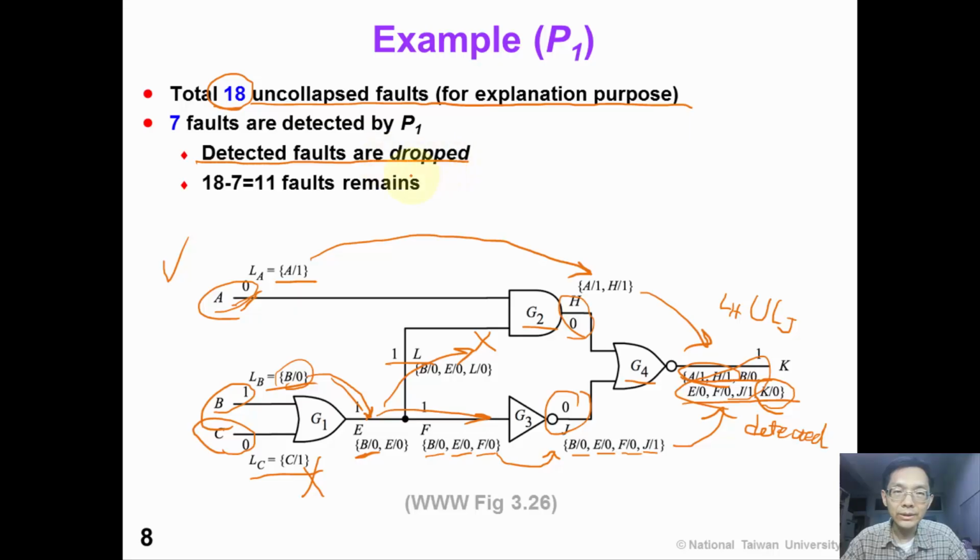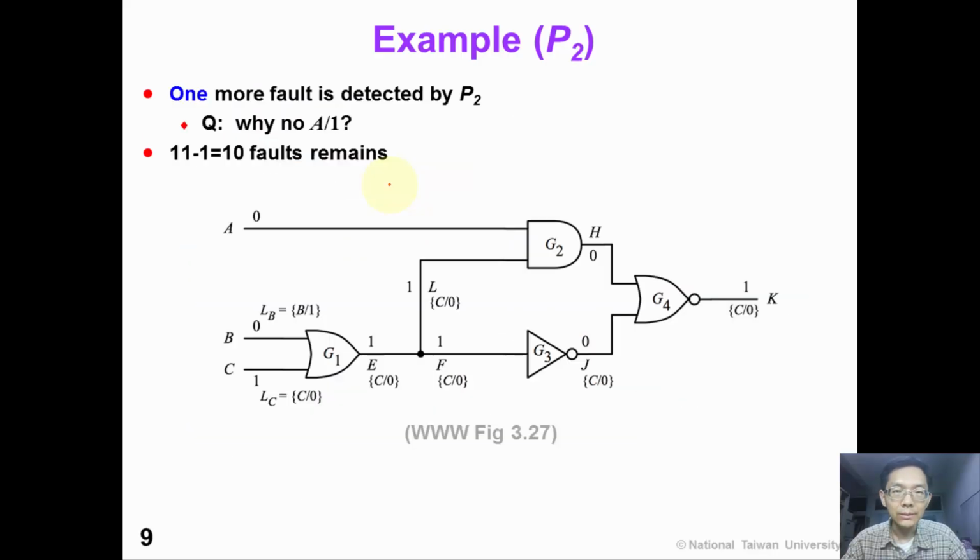The detected faults are dropped, and we have 11 faults remaining to be detected. Now let's apply the second pattern P2, where A is 0, B is 0, and C is 1. So now the LA fault list is empty. Why? Because A stuck at 0 has already been detected by pattern 1, so we don't need to consider it